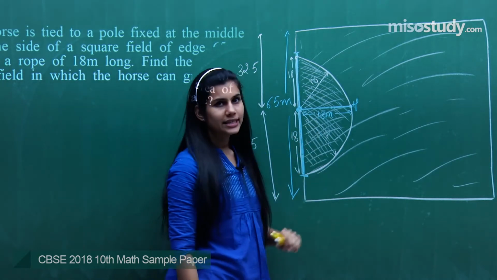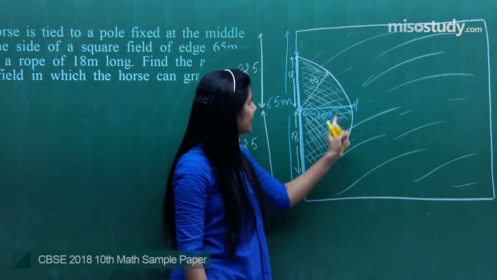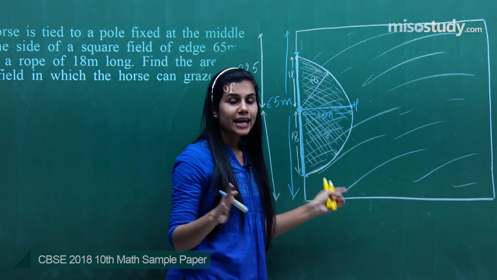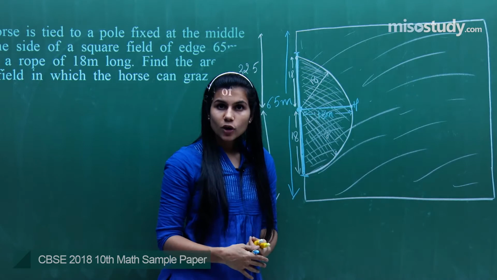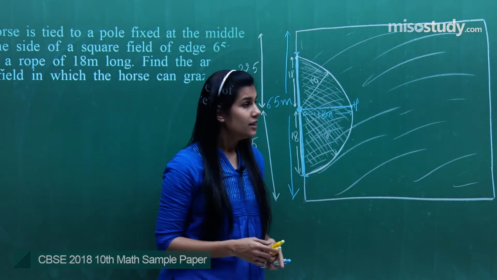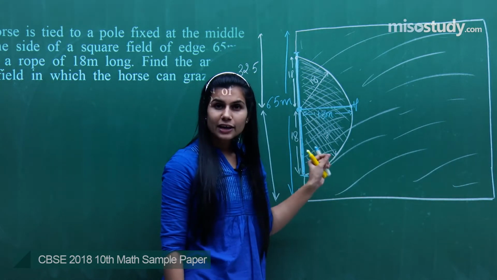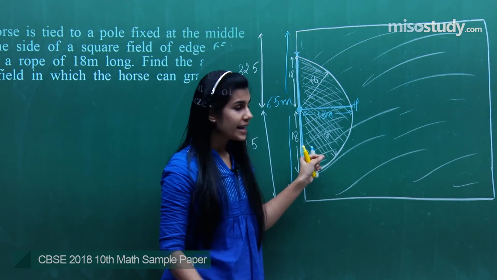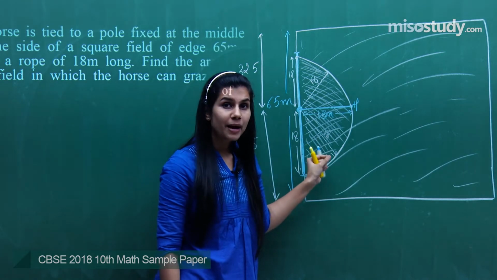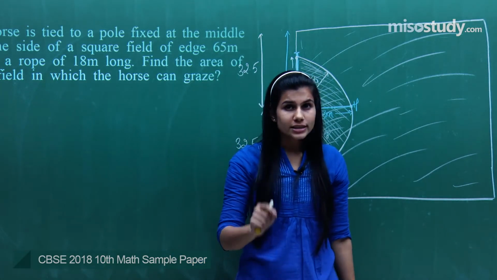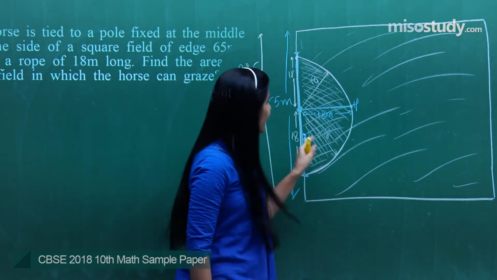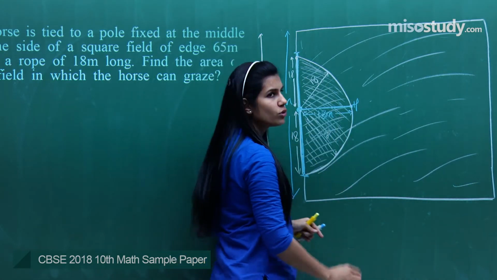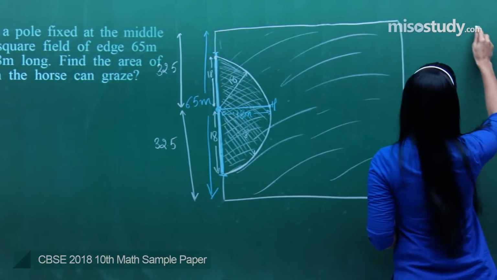And so what is the way to find the area which you can see over here? Right now we can see it, but can you give me the numerical value of the area over which the horse can graze? Well, again like we have dealt with the very first question, this question is also reminding me of a certain concept of a circle. Can I not consider this particular part, this shaded portion, as